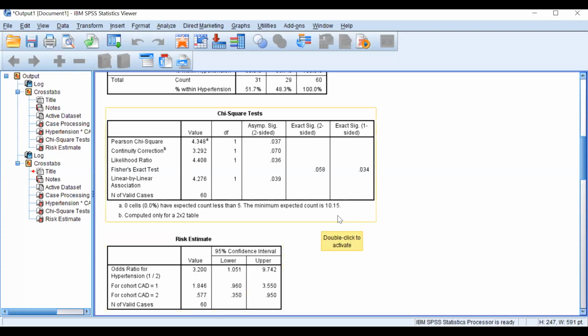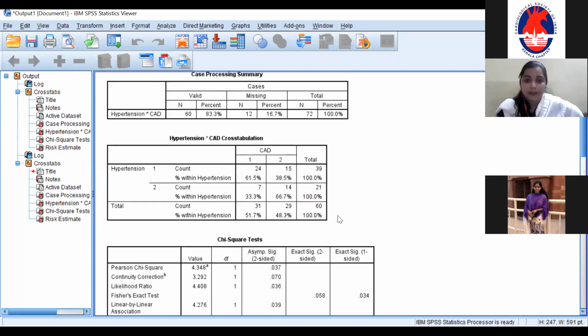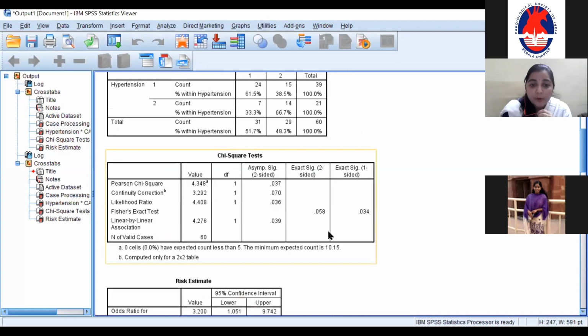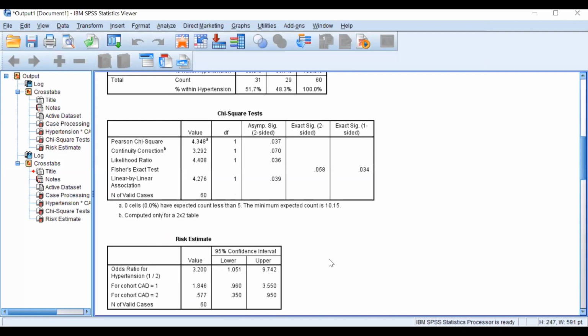So the odds of CAD is 3.2 times higher in those who have hypertension compared to those who do not have hypertension. That's how we estimate the risk using odds ratios.